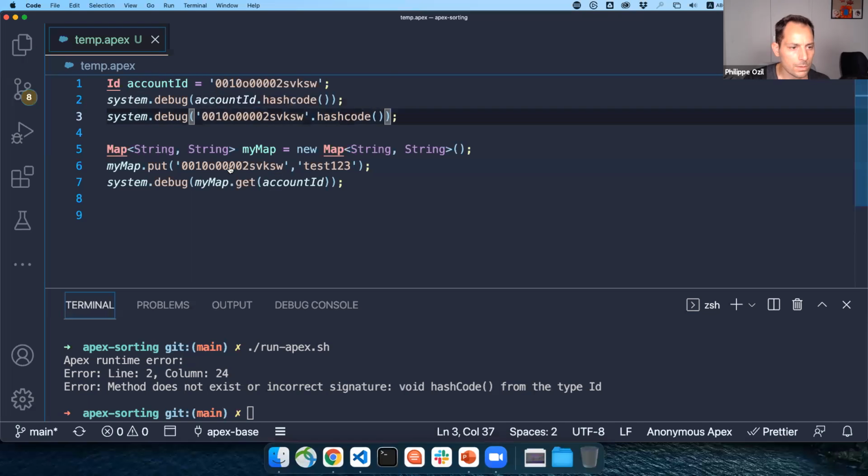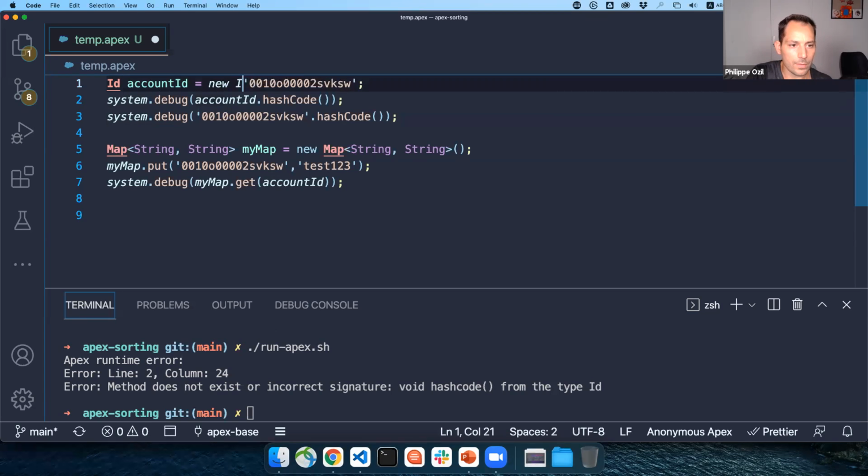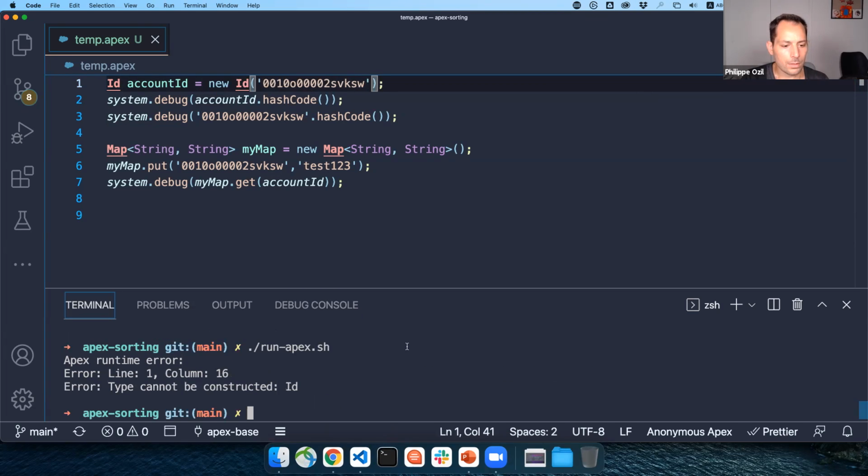Schedule C, right? It doesn't like my hash code method. Well, I can tell you the problem is that, try that again. There we go. No. Well,